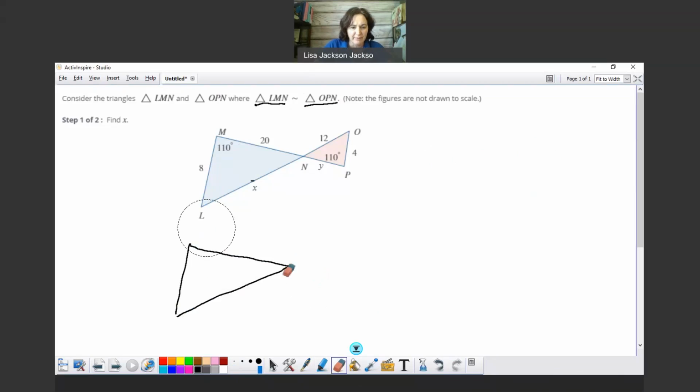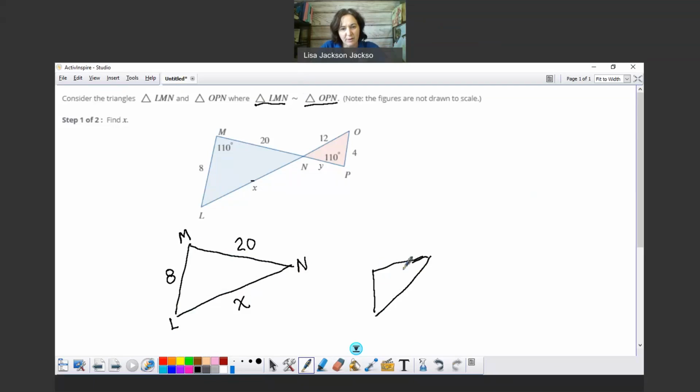So I have here, there's M, that's the corner, L, and N. And the sides, 8, 20, and X. Okay, so I'm going to go ahead and draw this triangle, a smaller one. But now I need to go back and figure out how this is labeled. So I'm going to look up here